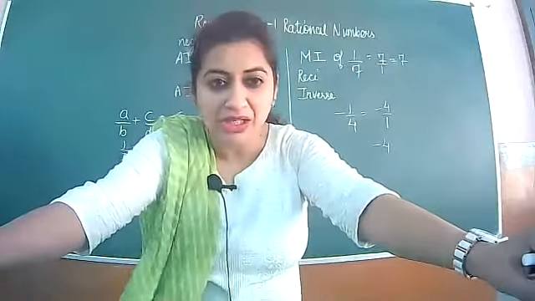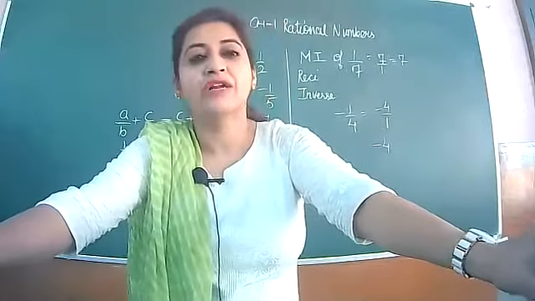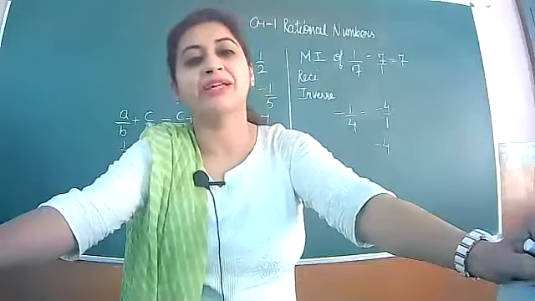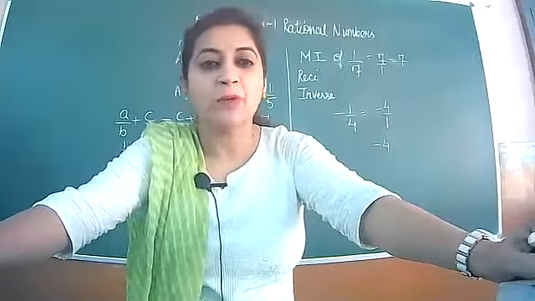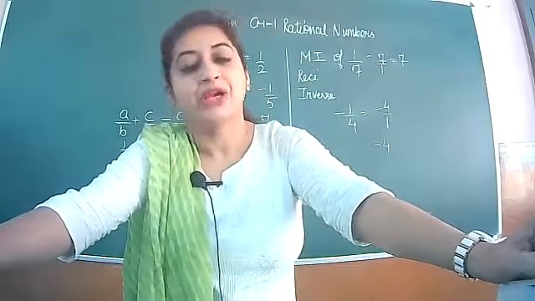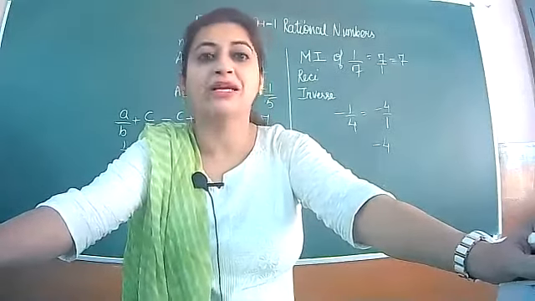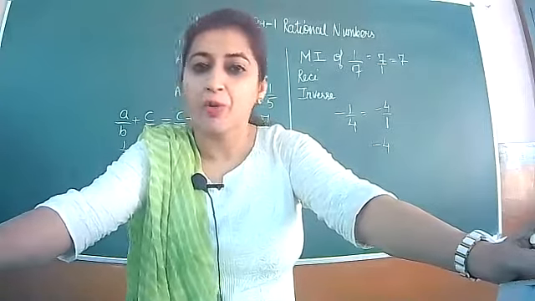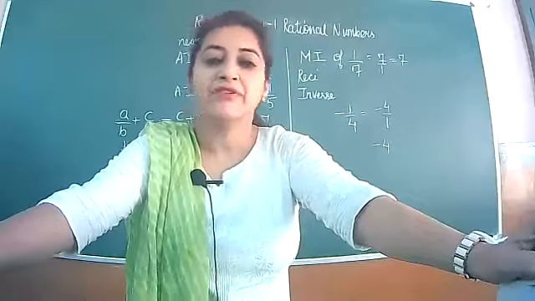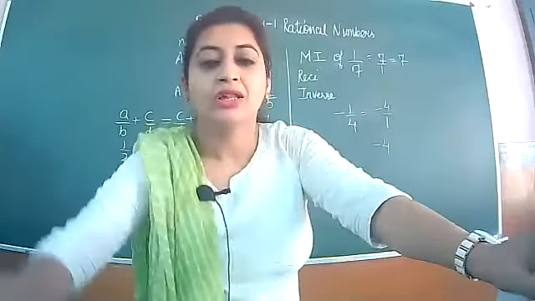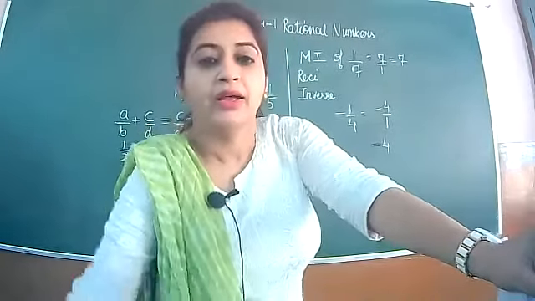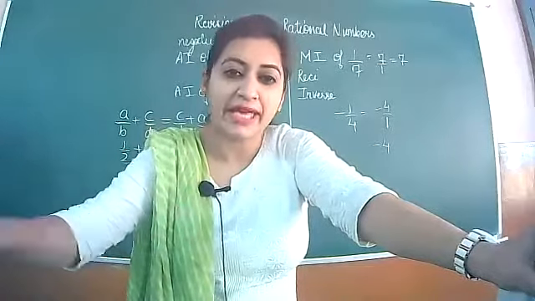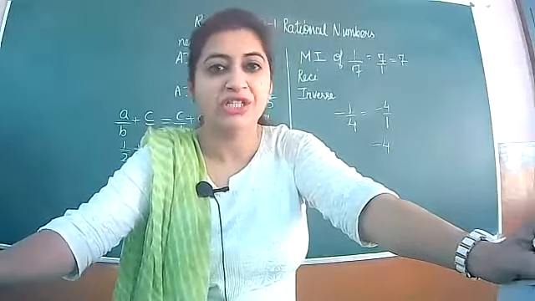If you take two rational numbers and their difference will always give you a rational number, then you can say that closure property holds for subtraction. If you take two rational numbers, you multiply them, the answer is again rational, then closure property holds for multiplication. Means whenever you are taking integers, then the answer will be an integer in case of addition, subtraction, multiplication, division.